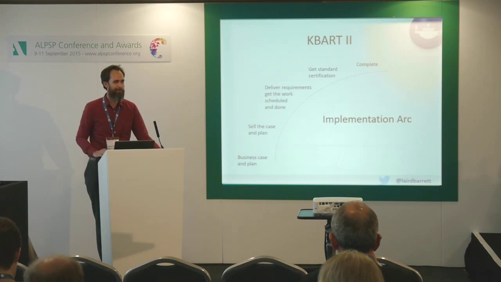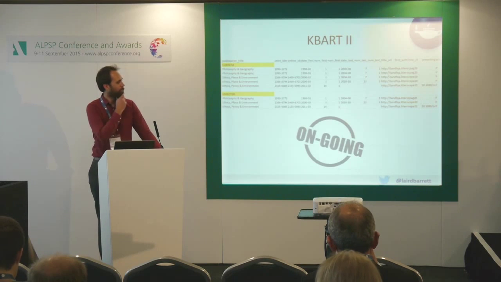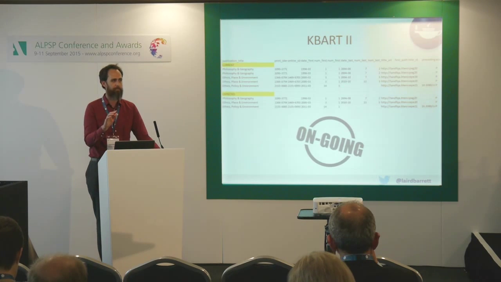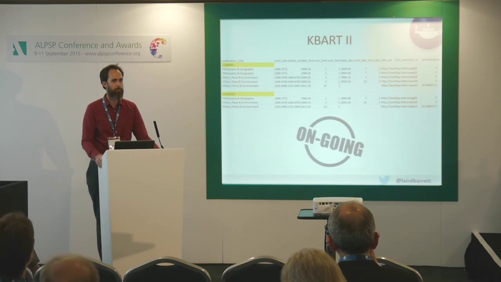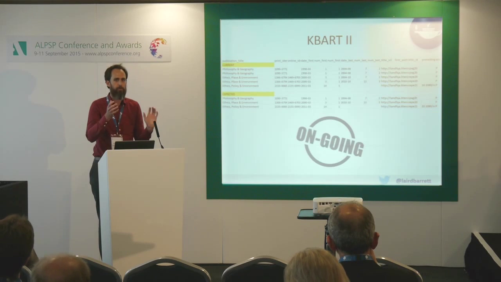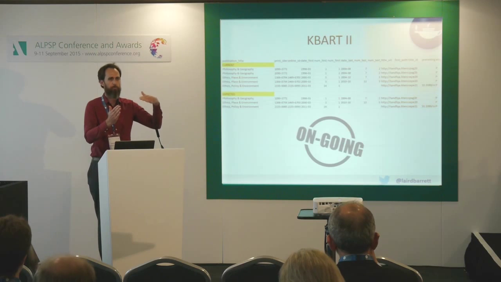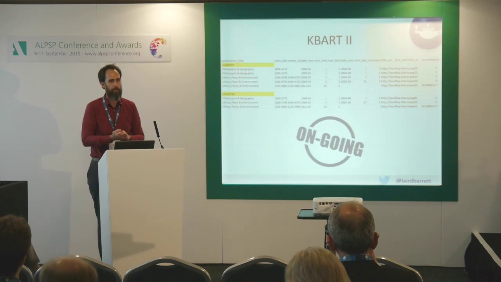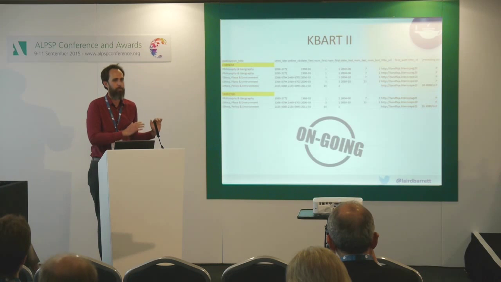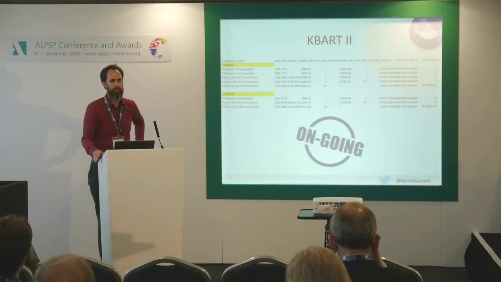And yes, we have KBART 2 approved title lists now, but it's not quite the full story, I'm afraid. One of the things that we found when we were testing the title lists, over the last 6 weeks before we did the release, we took a pretty close look at them. And we found that sometimes when there was a journal relationship in the title list, whether that was a merge relationship, so two journals were moving together, or an absorb relationship, one journal was being absorbed into another, the way it was being represented in the title list wasn't what we felt was very accurate, essentially. We felt it was confusing. There were a couple of lines for one journal, and they would have different start and end dates for the volumes and issues.